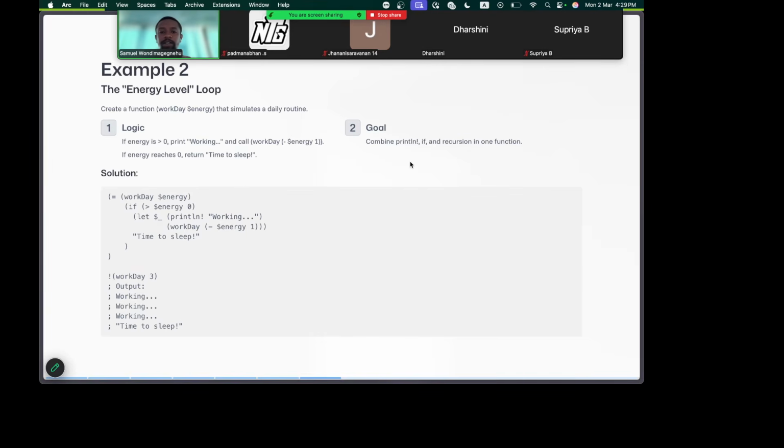The goal of this exercise is to combine println, if, and recursion into a single function. So we're going to need to println some stuff to the console. We're going to need to write if expressions and also recurse using the logics that we've seen so far. Okay,